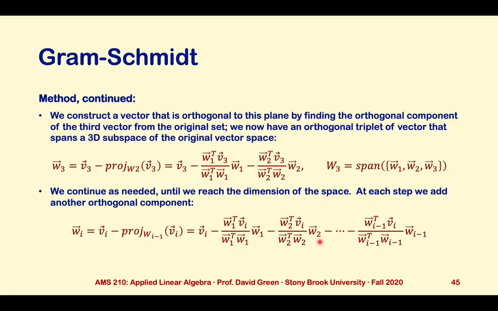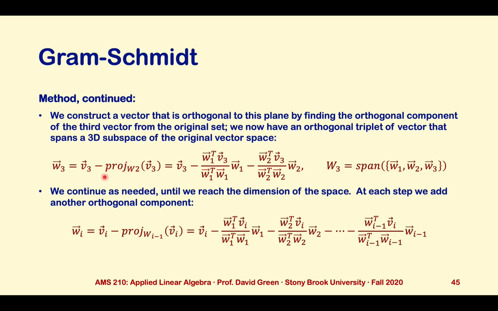The next step, presuming that we have a third vector, which we almost always will, is to once again find a vector that is orthogonal to this plane by drawing a third vector from the set, some v3, and finding the component of that is orthogonal to the plane we just defined. v3 minus the projection of v3 onto that plane of the two vectors we've already selected,